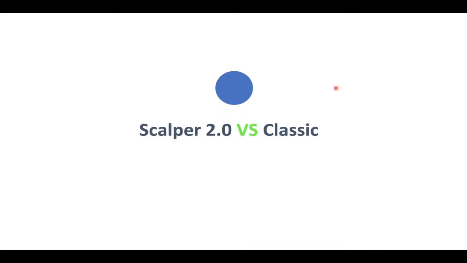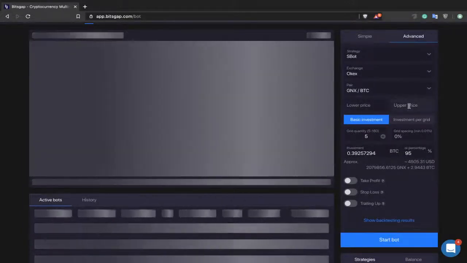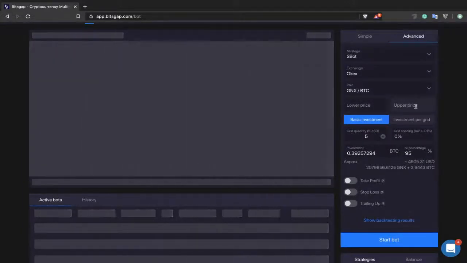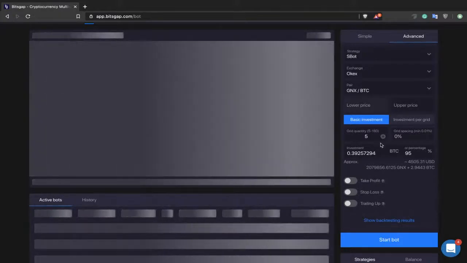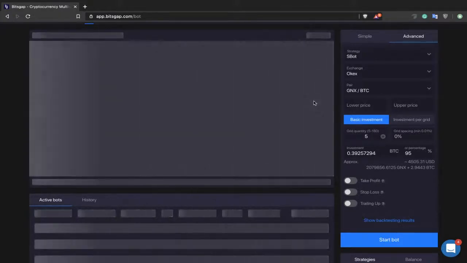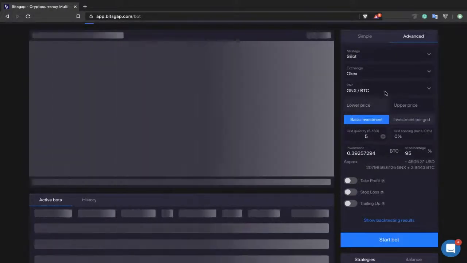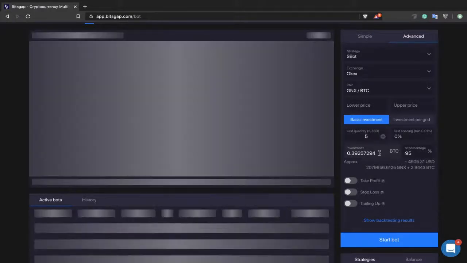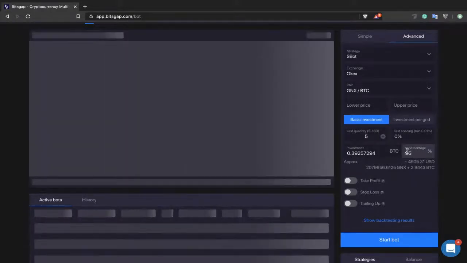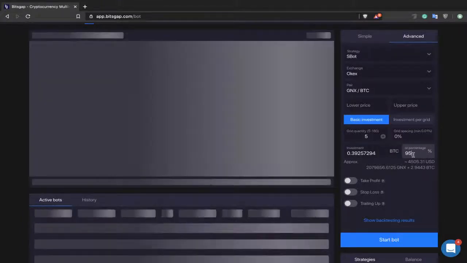Now is actually the time to, as you saw, all of these configurations where you can change the upper limit price and lower limit price, which define your trading range, and automatically the system defines an optimal trading range for you. You can always change this lower price and upper price, as well as the grid quantity and investment value. You can use the percentage to lower your investment. So these are two sections where you can